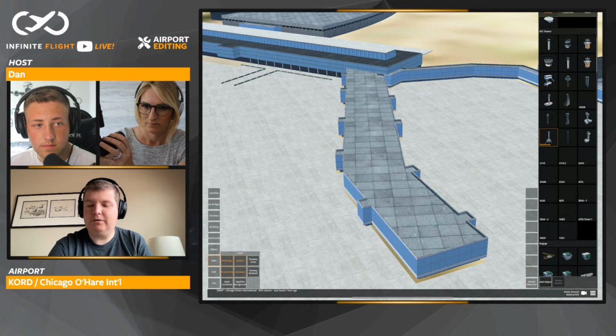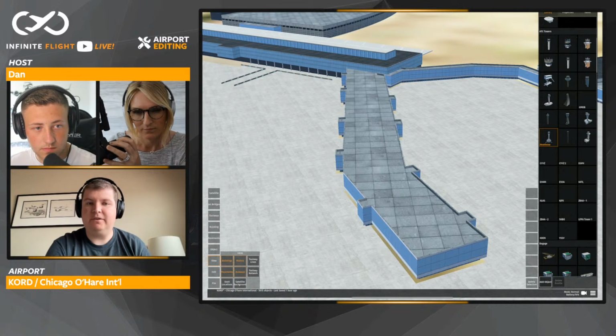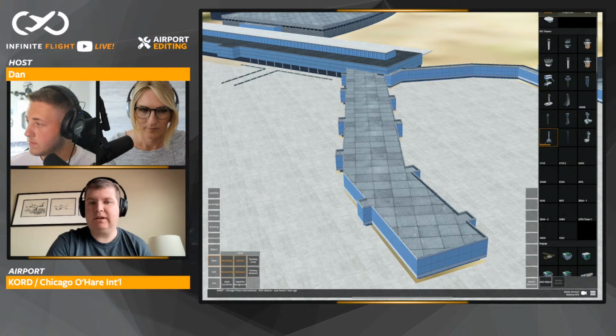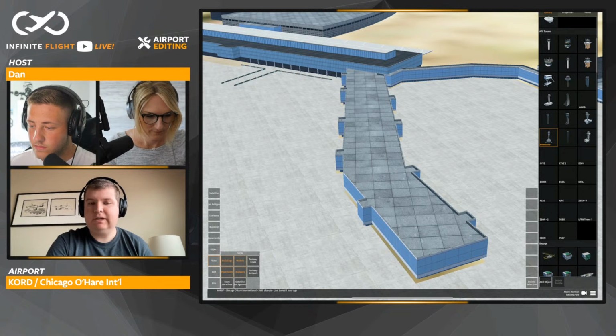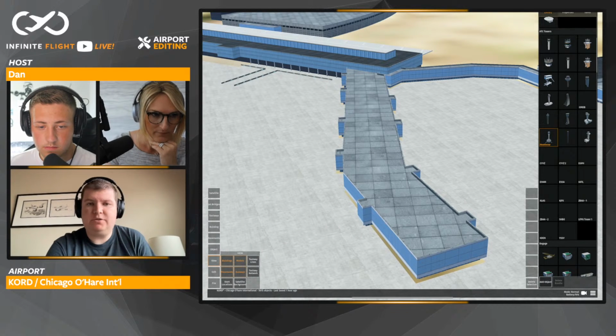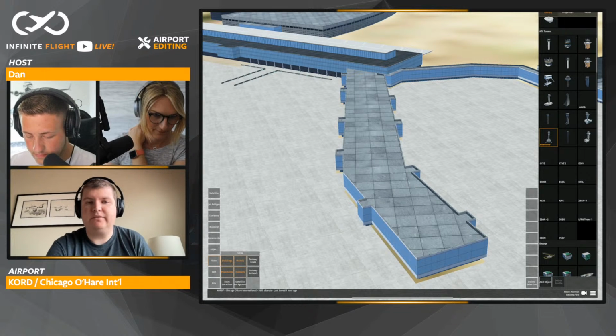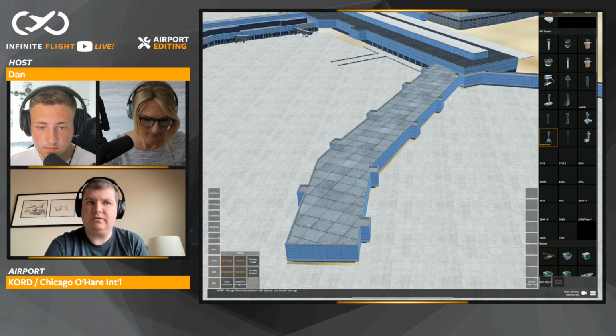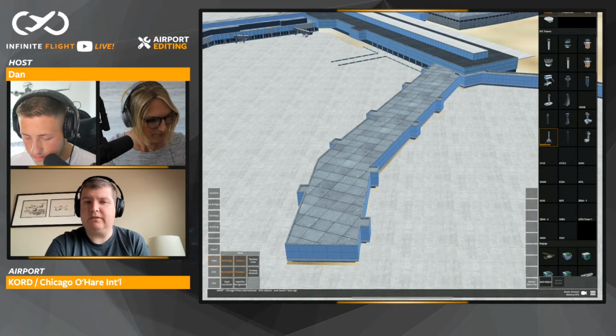So there's a post pinned in the scenery editing category on the Infinite Flight community, which I'll link here in just a moment. There's an application there that is available for anyone to sign up. It's a Google form, so you do have to log in with a Google email. However, those emails are not reported. That's just to ensure that each person submits only one application so that it doesn't overload our application system. The way the process works right now is you submit your application. There's, I believe, 3 or 4 questions, just real basic questions, and it doesn't determine exactly